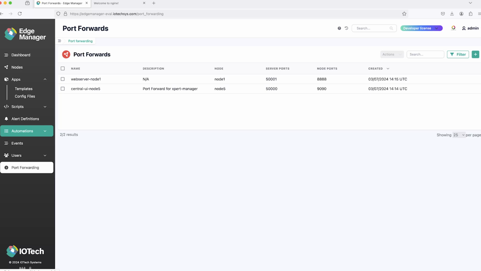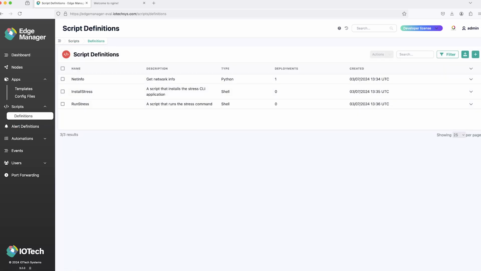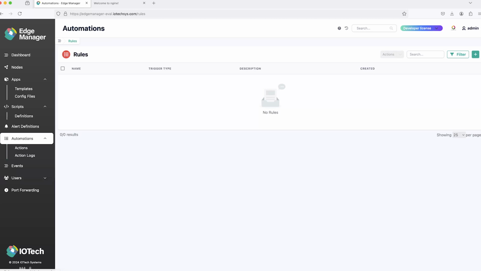The next feature I'd like to talk about is automations. Automations can be used to automate the execution or deployment of scripts or applications. In this case, I have a number of scripts already defined for the system. One of them is a Python script, and there are 2 shell scripts. I'm going to create some automations that allow me to deploy these or run these at a particular frequency on our nodes. If I head to automations,